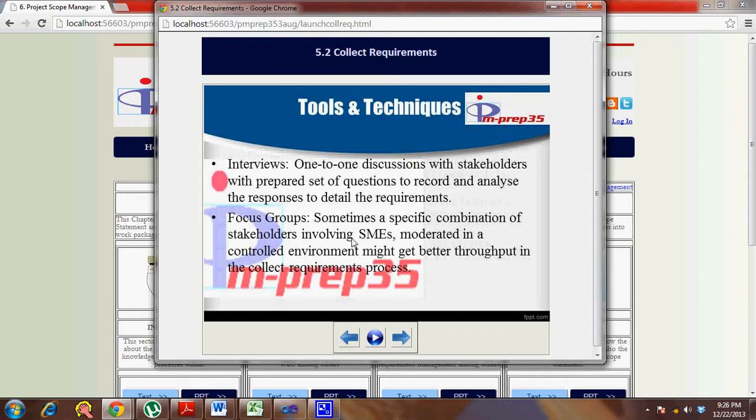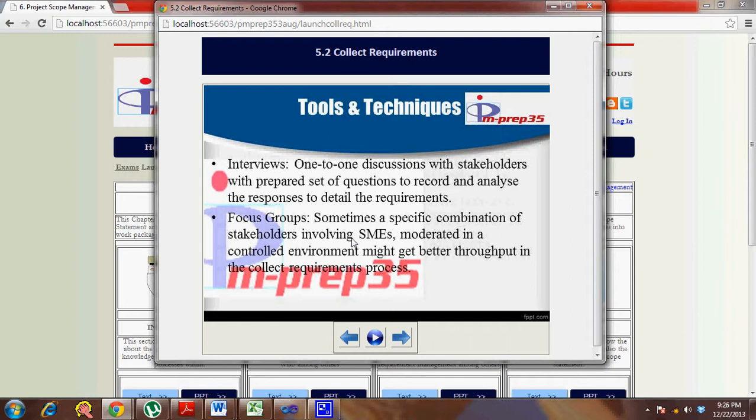And then you normally have techniques like brainstorming, Delphi technique. Then you circulate surveys, you pass on questionnaires to get answers, collate that, then refine it and pass it on again to stakeholders to get more clarity. So these kinds of tools and techniques are really important. You do a lot of diagramming here, you do prototyping, so that you are very clear and you get the best out of the stakeholders.